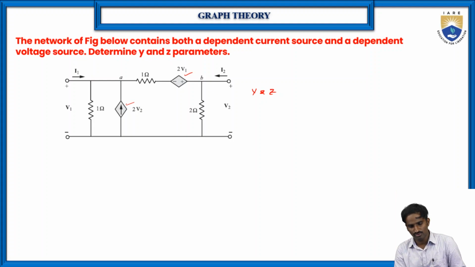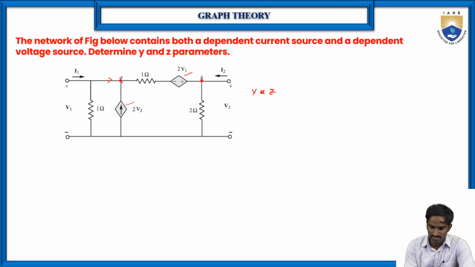So for that, what I'm going to do is write the nodal equations at point A and point B. If you apply it at point A, the current here is entering, and here it is leaving, and here it is leaving. Of course, here also it is entering, because the direction is this way. As we know, the algebraic sum of the currents at a particular node is equal to 0. So first we are trying to find the I_AB. So here I_AB is equal to